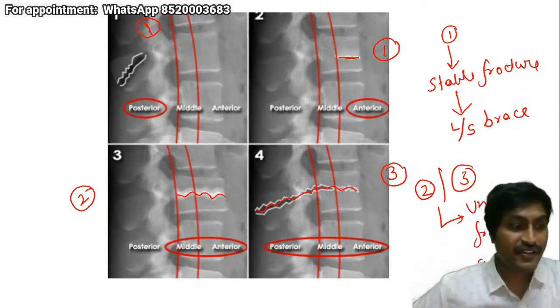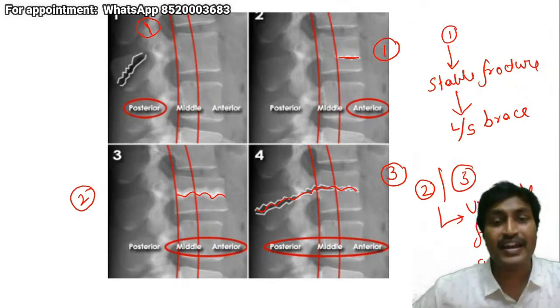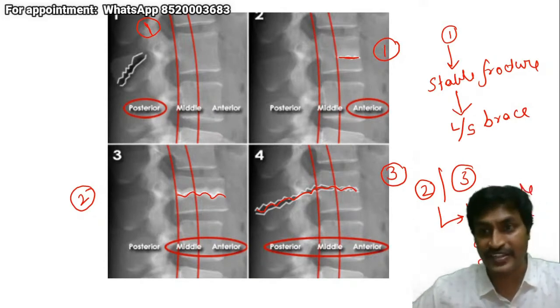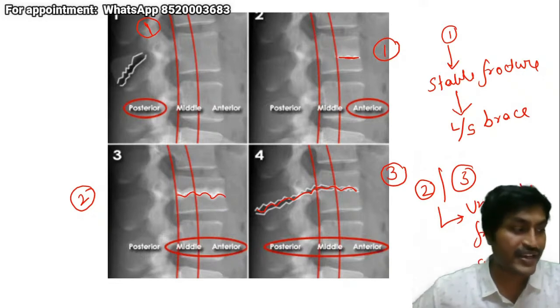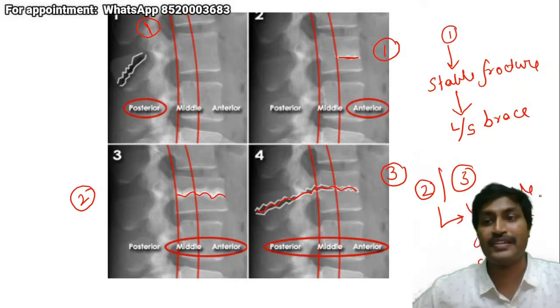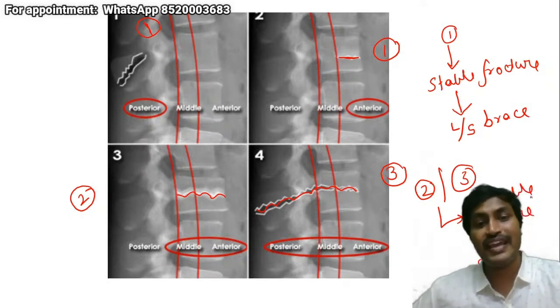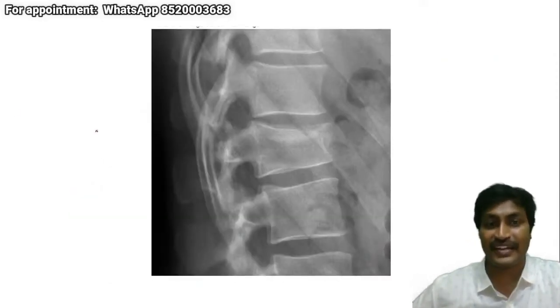So am I clear? So whenever you see a patient with this kind of thing, you'll have to identify whether it is a one-column fracture or more than one-column fracture. If it's a fracture involving one column, it's a stable fracture, and you can manage it with a lumbosacral brace and bed rest. And if it is a fracture involving more than one column, that is either a two-column or a three-column fracture, it is an unstable fracture, and then you should place a lumbosacral brace on this patient, you should not mobilize him, you should keep him supine on a bed, and you should see a surgeon to decide what next. So this is a practical x-ray.